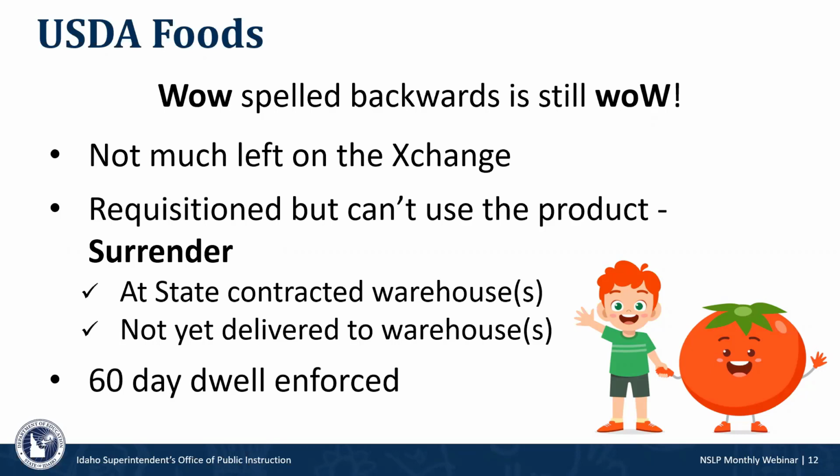Check the surrender tab, because those are folks that have decided they can't use product that they requisitioned and they'd like to share it with a friend. Make sure you also check the sweeps tab. That is the tab that represents our further processed available raw bulk material pounds. And we still have quite a bit in the state agency account: apples for applesauce cups, raw peanuts that would be used to produce those Smucker's peanut butter and jelly sandwiches, and liquid eggs from Cargill so that you could get scrambled egg products.